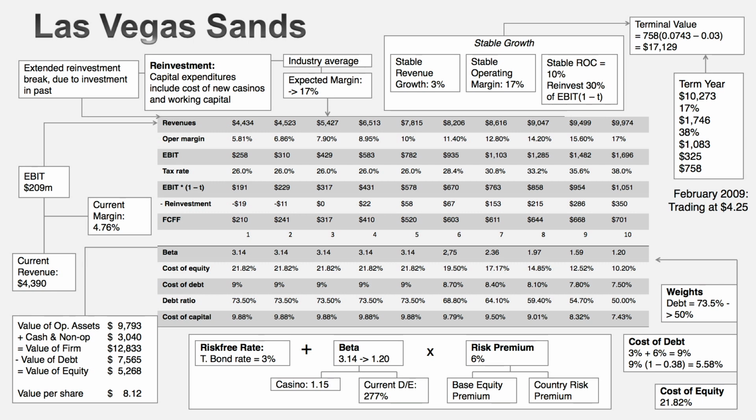I tried. I raised the cost of debt. I used a high cost of equity. I used a high debt ratio. But as you can see, the cost of capital is a blunt weapon. It's really not designed to deal with distress costs. So here's how I brought in the likelihood that Las Vegas Sands would not make it. I went to a different market. I went to the bond market. And here I got lucky. Las Vegas Sands had bonds outstanding, and I could look up the price on those bonds. I use the price on the bonds to back out the likelihood that the company would not make it.